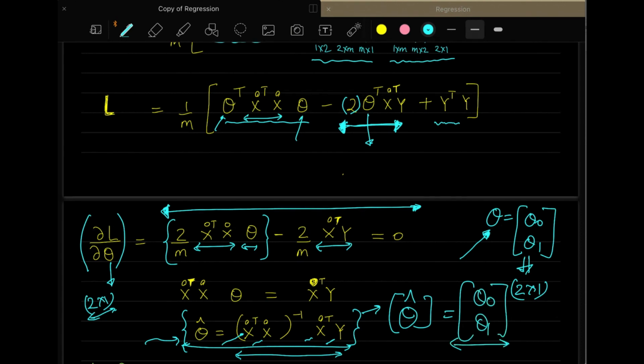So can you explain to me whether there is any disadvantage here for this particular approach? Here we are not doing any iterations, we are not moving till we reach the minimum. We are just calculating theta by this type of expression that we got. We have x in our hand, we have y also. You just plug in and you will get the theta. Any disadvantage in this approach? Can anyone answer?